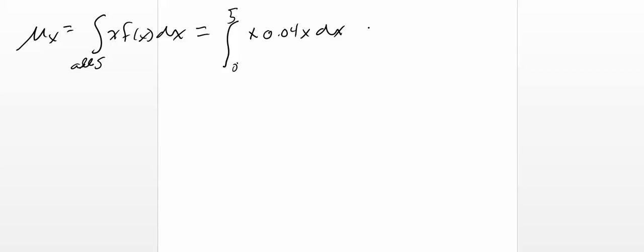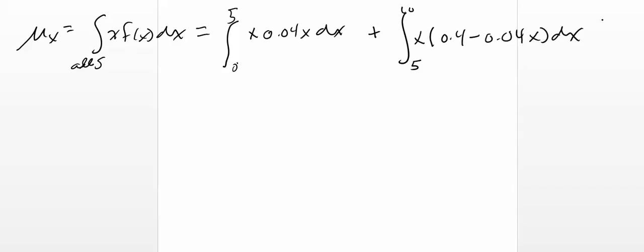Then we have to integrate the other part from 5 to 10, and we have x times our second function, which was equal to 0.4 minus 0.04x dx. And when we complete both integrals, we will have our mean value. So that can be said to be equal to